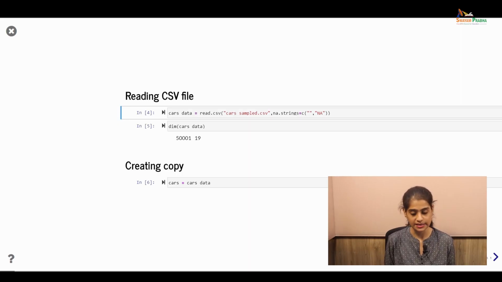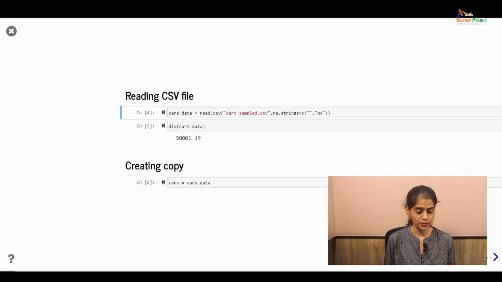To represent blank cells, you can just put them under double quotes or single quotes and just replace them with NA. So NA stands for not available. It's not applicable, it's basically not available. So these values are not available in the data, so I am representing all the cells which are empty as NA. Now the reason we've chosen NA and not any other value is because R provides a host of functions which allow you to deal with such kinds of values. So once you execute this function, a data frame of the name cars_data is created in the environment, and the